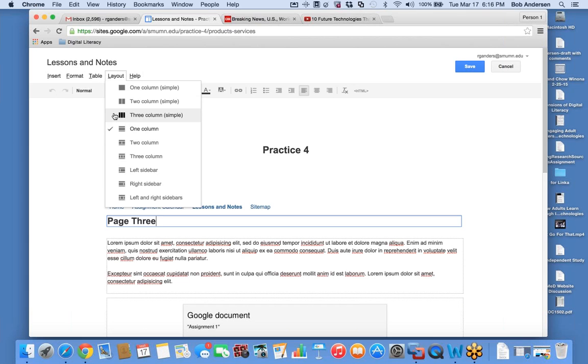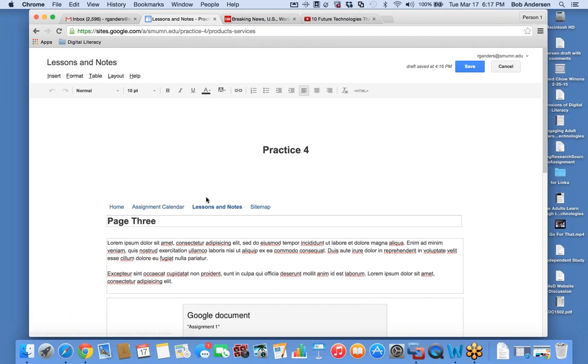This is an interesting selection. As you start to really get a plan for what you want to communicate on your page and break up the information, you can really change the look and the feel by changing the layout. And this can be done at any